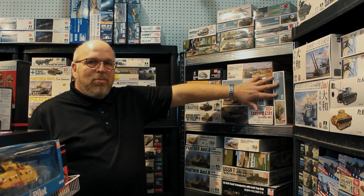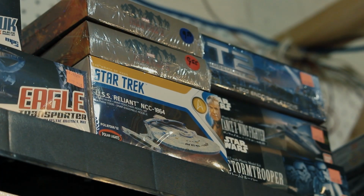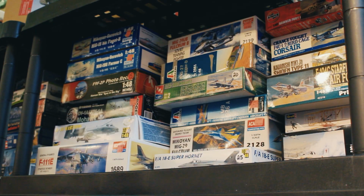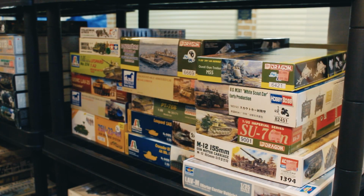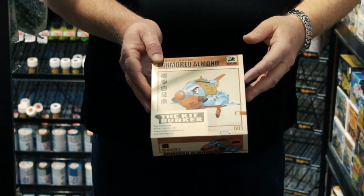So the Kit Bunker carries brand new kits from a number of manufacturers, including Takom, Meng, Trumpeter, Academy, Dragon, Italeri, amongst others. The advantage to a pre-owned kit is these kits are usually 40 to 60% less than a brand new kit. I go through each kit, make sure they're complete and have been started, but I carry a bit of everything